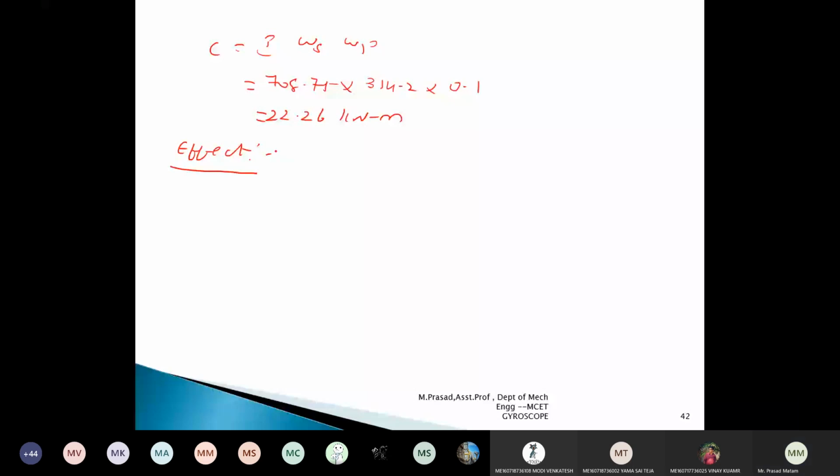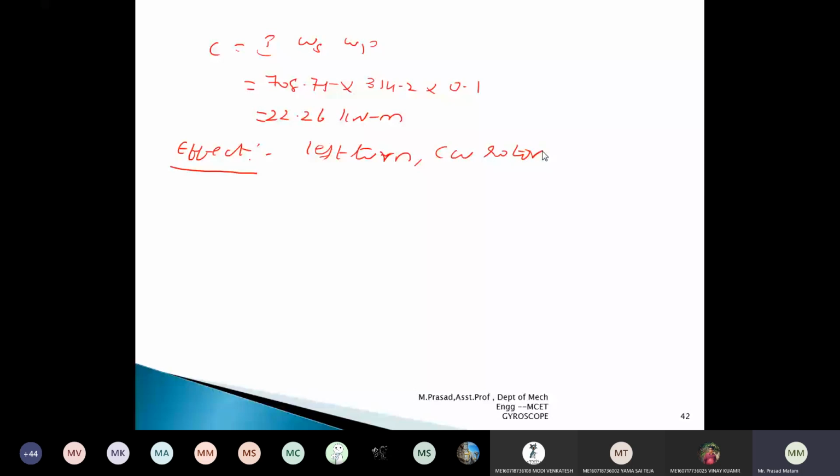So the ship is taking a left turn and it is rotating as a clockwise rotor. They have not mentioned anything, they are assuming it is a clockwise rotor. Okay. Just informed that the ship takes a left turn at a radius of 100 meters. So they have not mentioned whether it is a clockwise rotor or an anti-clockwise rotor. I am considering one case. I am taking the clockwise rotor. Gyroscopic effect you are supposed to find for the clockwise rotor, and the ship is taking the left turn.